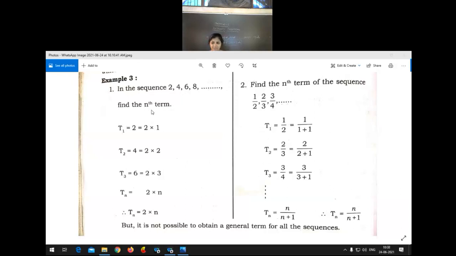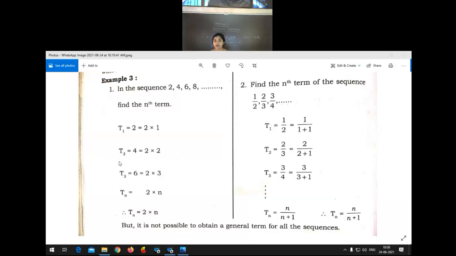Here the question is, we have to find the nth term of this sequence. This is not an AP, okay? They are just mentioning that it is a sequence. Now, you can write the nth term. In the old textbooks, instead of a1, a2, a3, like that an, they take the first term as t1, second term as t2, third term as t3, and the nth term like that.